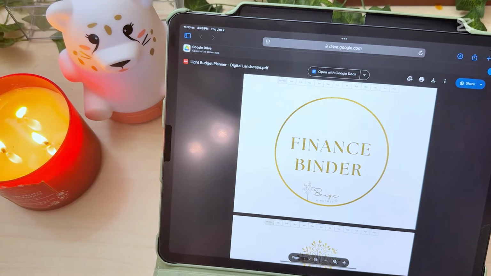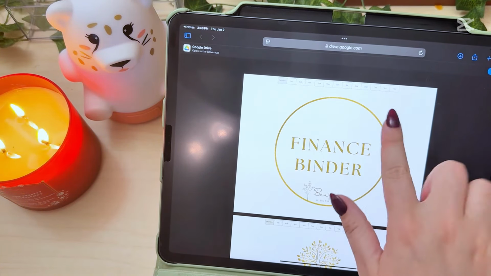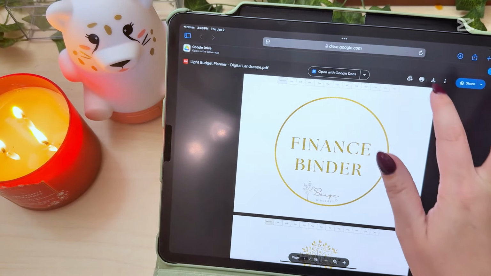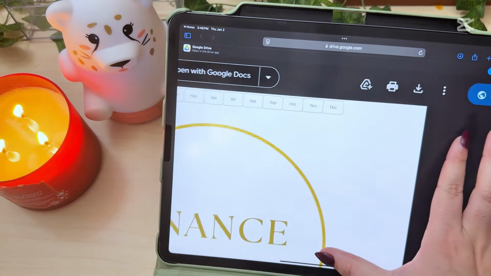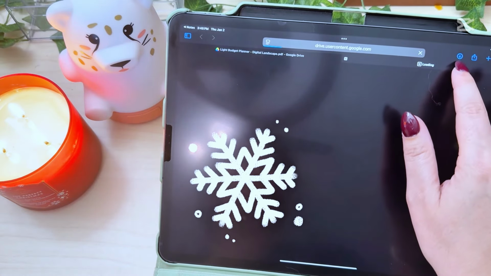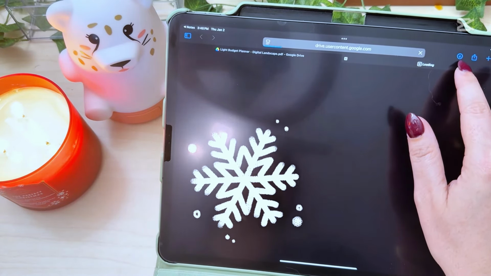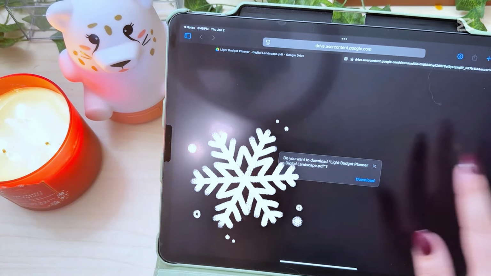And it's going to take you to a Google Drive PDF. You're going to select the download icon, which is the downward arrow, and save it to your device. So here, there is the little downward arrow for download. Right here, I'm going to click the download icon, and it's going to give me a download on my iPad in Safari or in Google Chrome or whatever it is you're using. So I'm going to hit download,